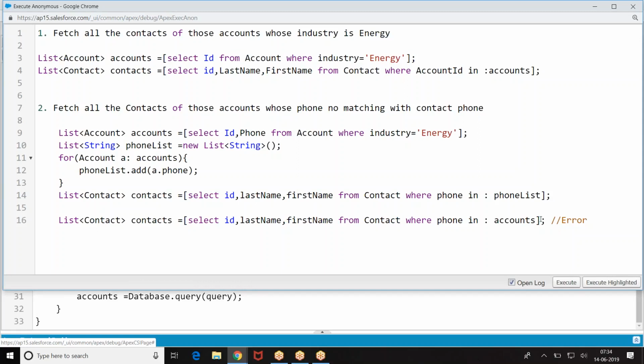In the list of SObject, I can only compare ID. If you want to compare any other field, put that field value in a separate list and compare the field in that list.